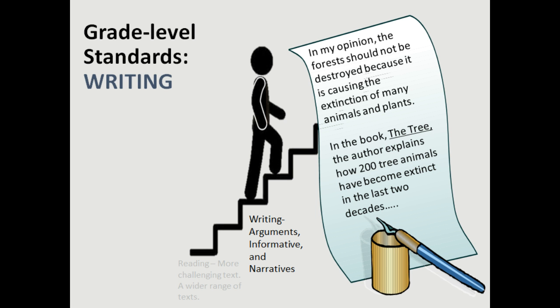In the writing strand, some of the key features and shifts that we will see is that students will specifically write arguments, informative, and narrative pieces with an emphasis that strongly shifts towards argument and informative by the time students reach high school. This change, however, needs to begin from elementary school. Starting in grade 4, attention is drawn toward the connection between reading and writing by requiring that students specifically support what they write with evidence from what they read.